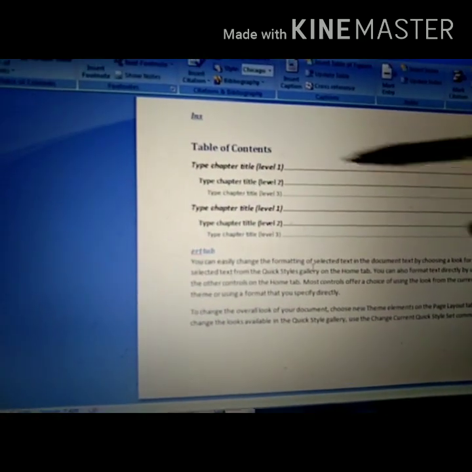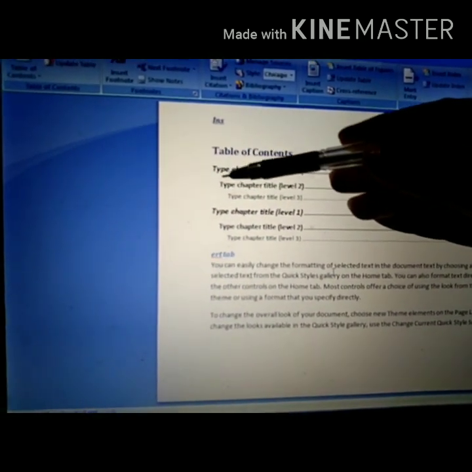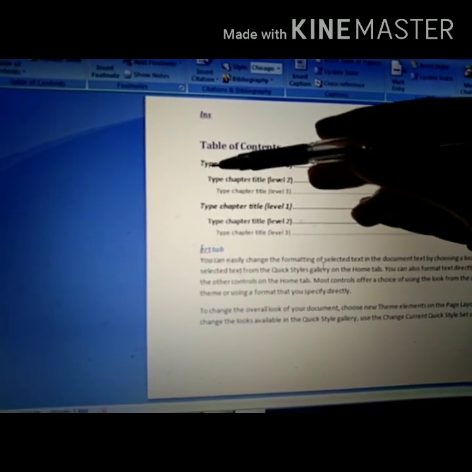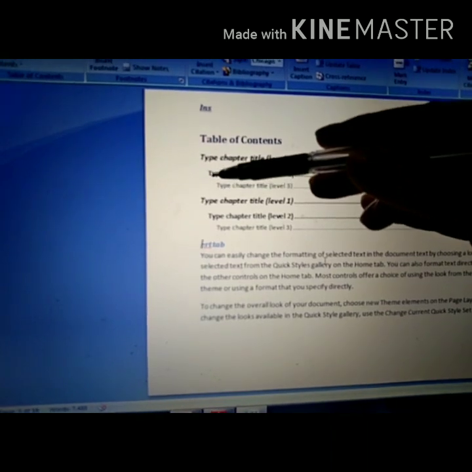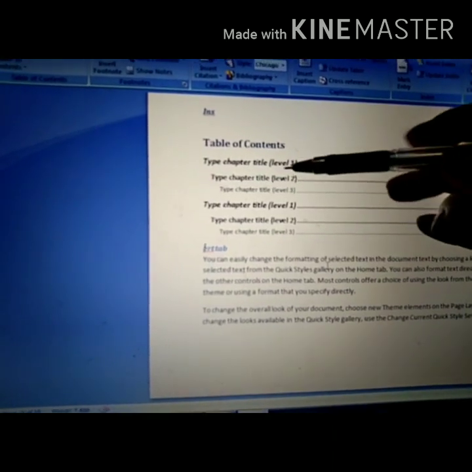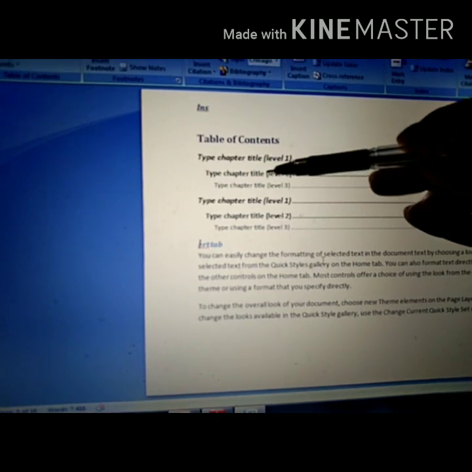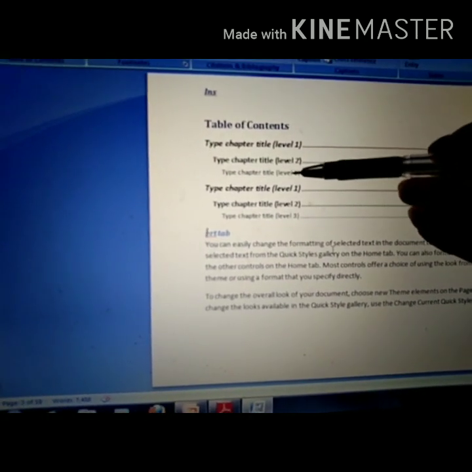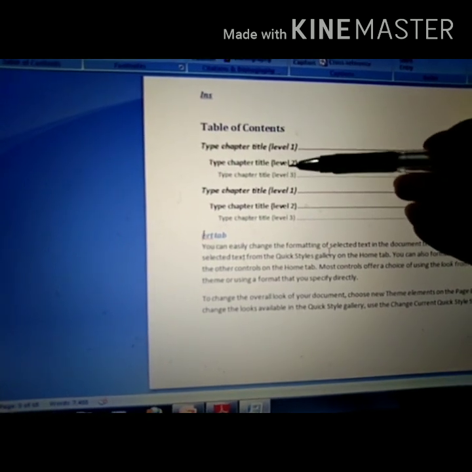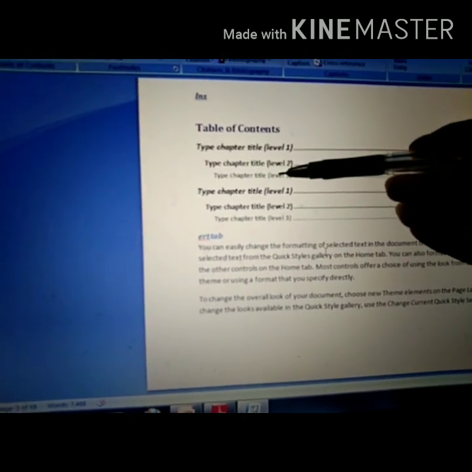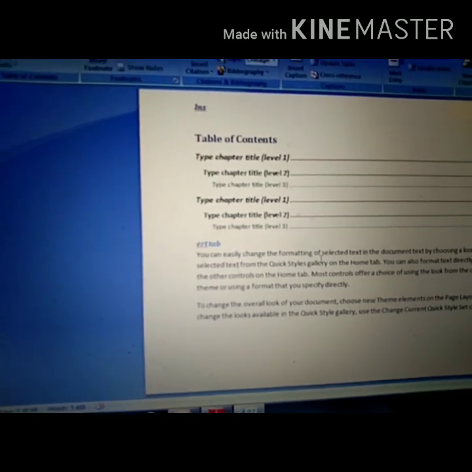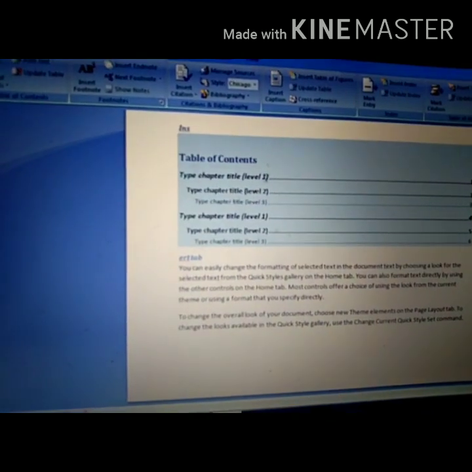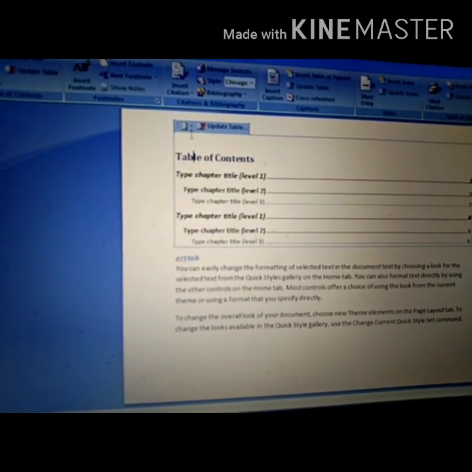And here some space is there between these. What does it mean? This one is heading 1, the main heading, and this one is a little bit smaller in size. This one is heading 2, a part of heading 1. This is level 2, and this one is smaller in size. It means this one is a part of level 2, and level 2 is a part of level 1. In your book also, there is a main topic, and in that there are subtopics. In this manner we are placing the table of contents.